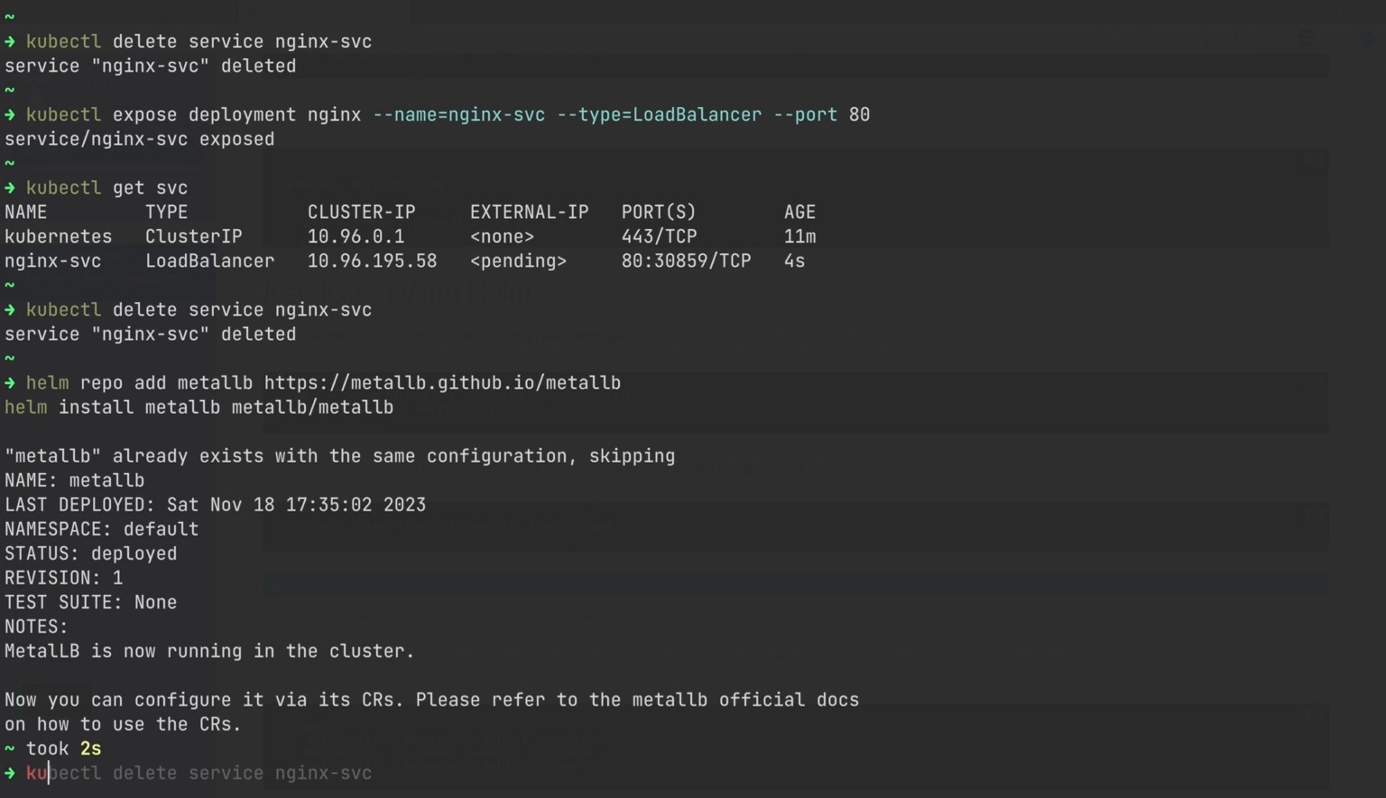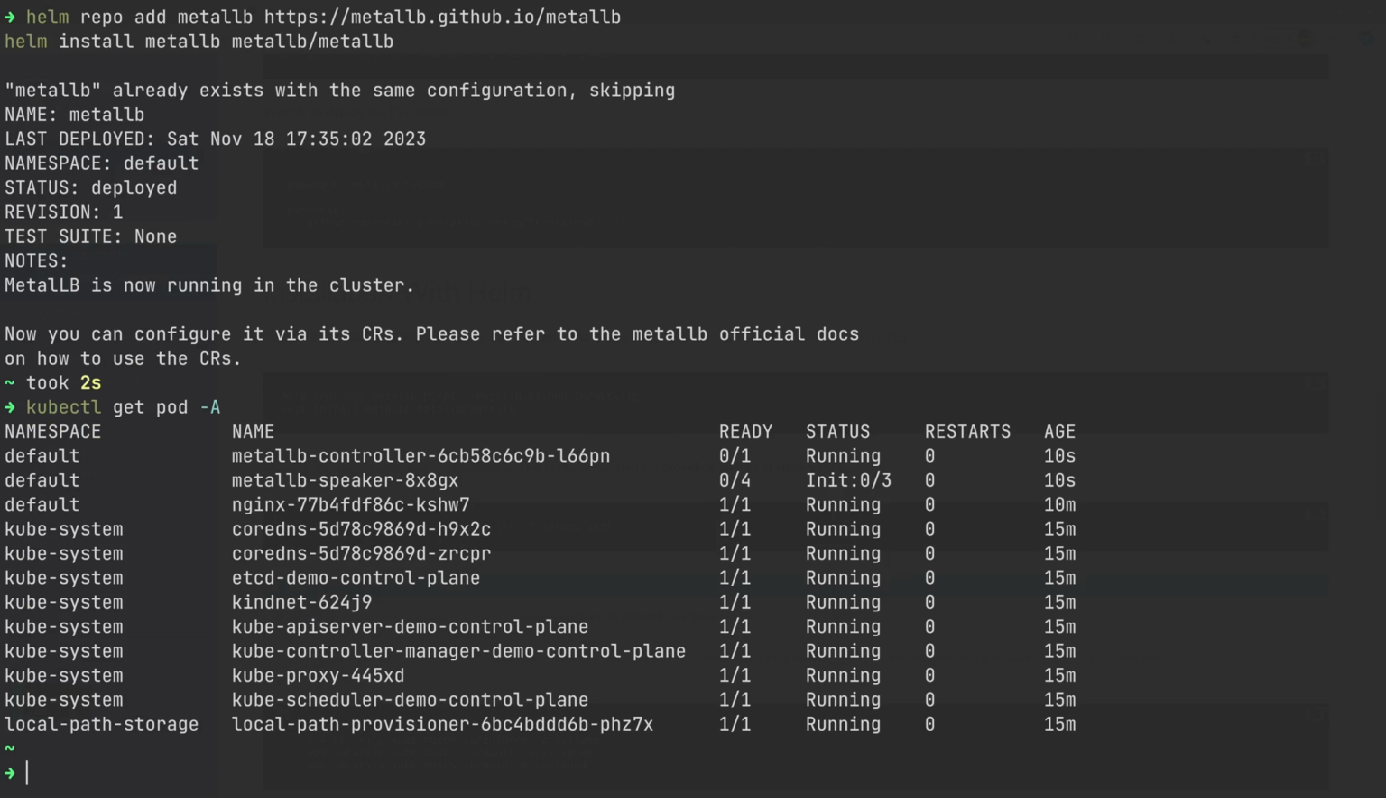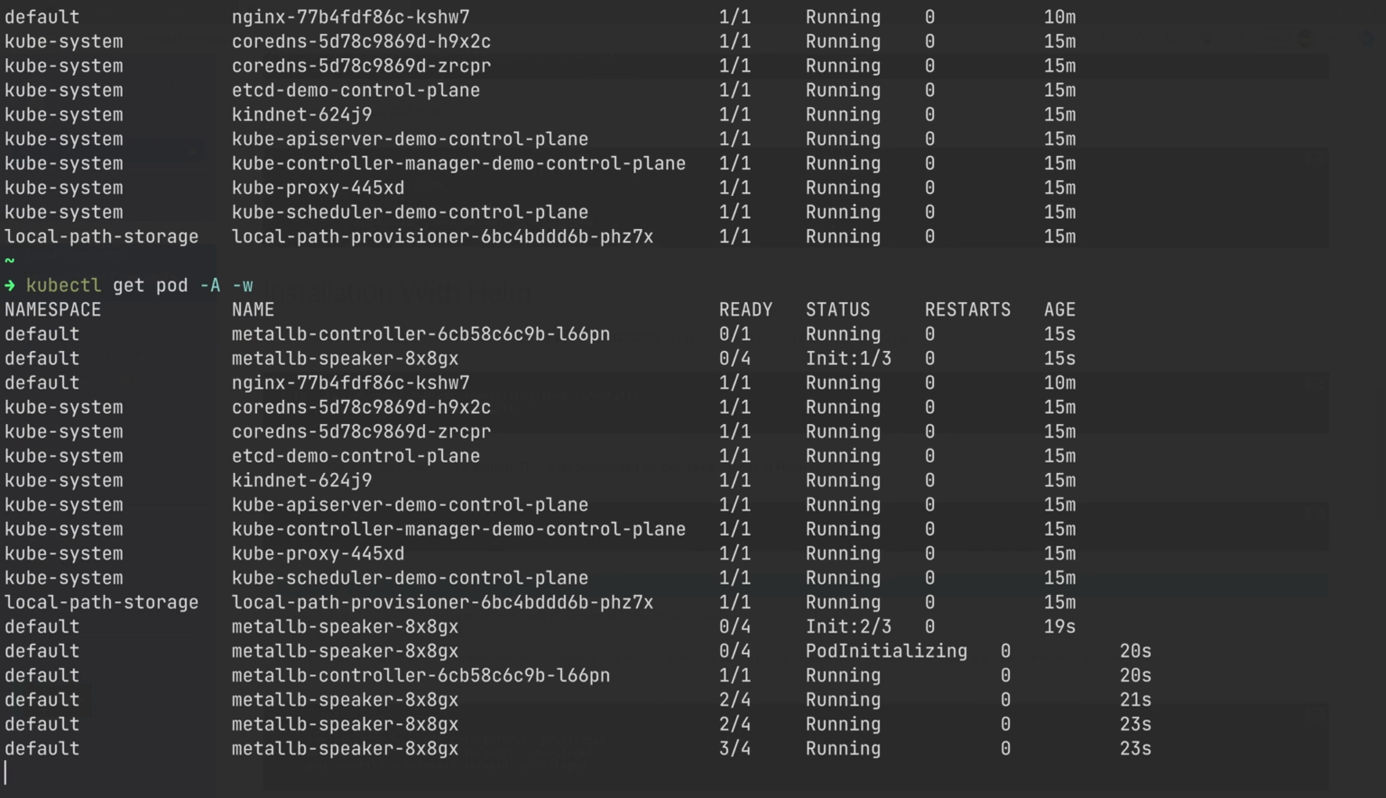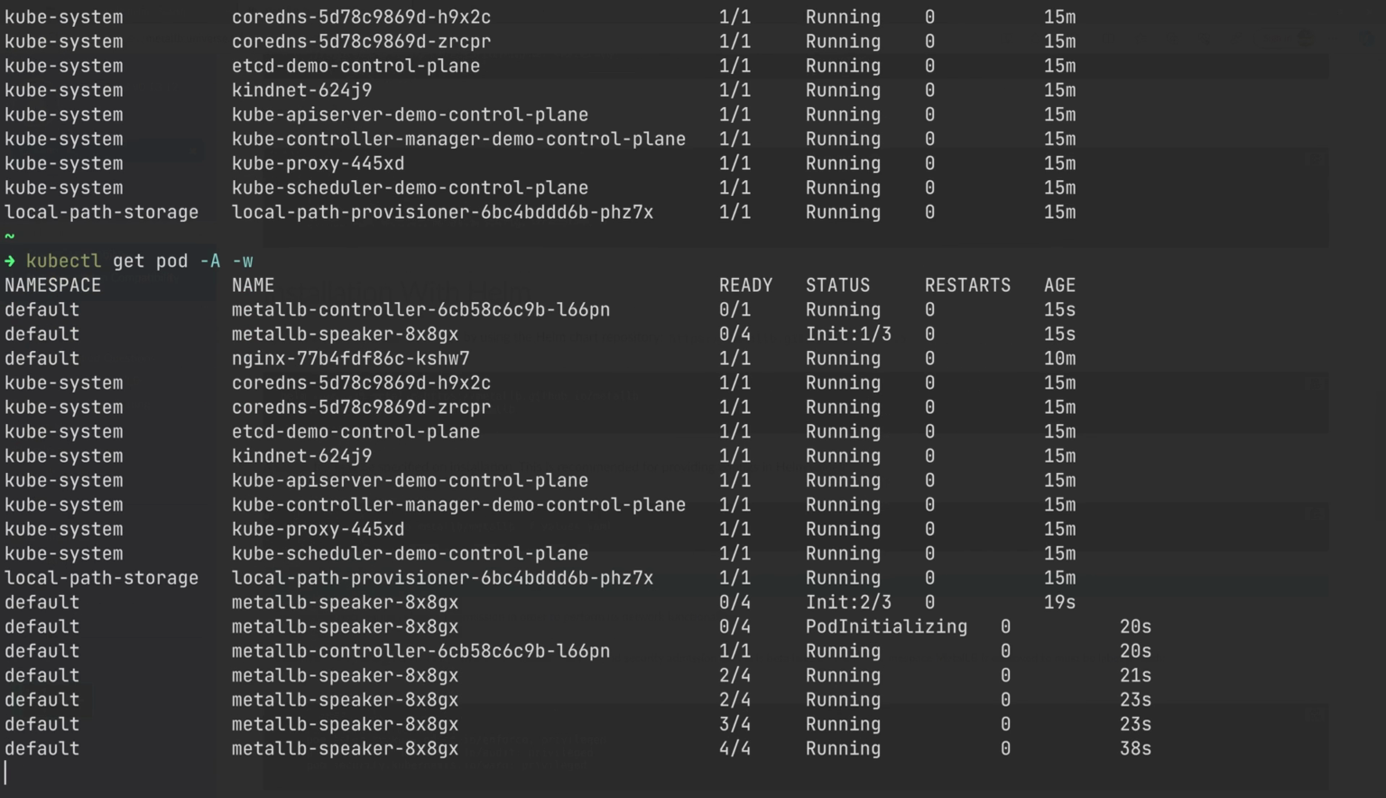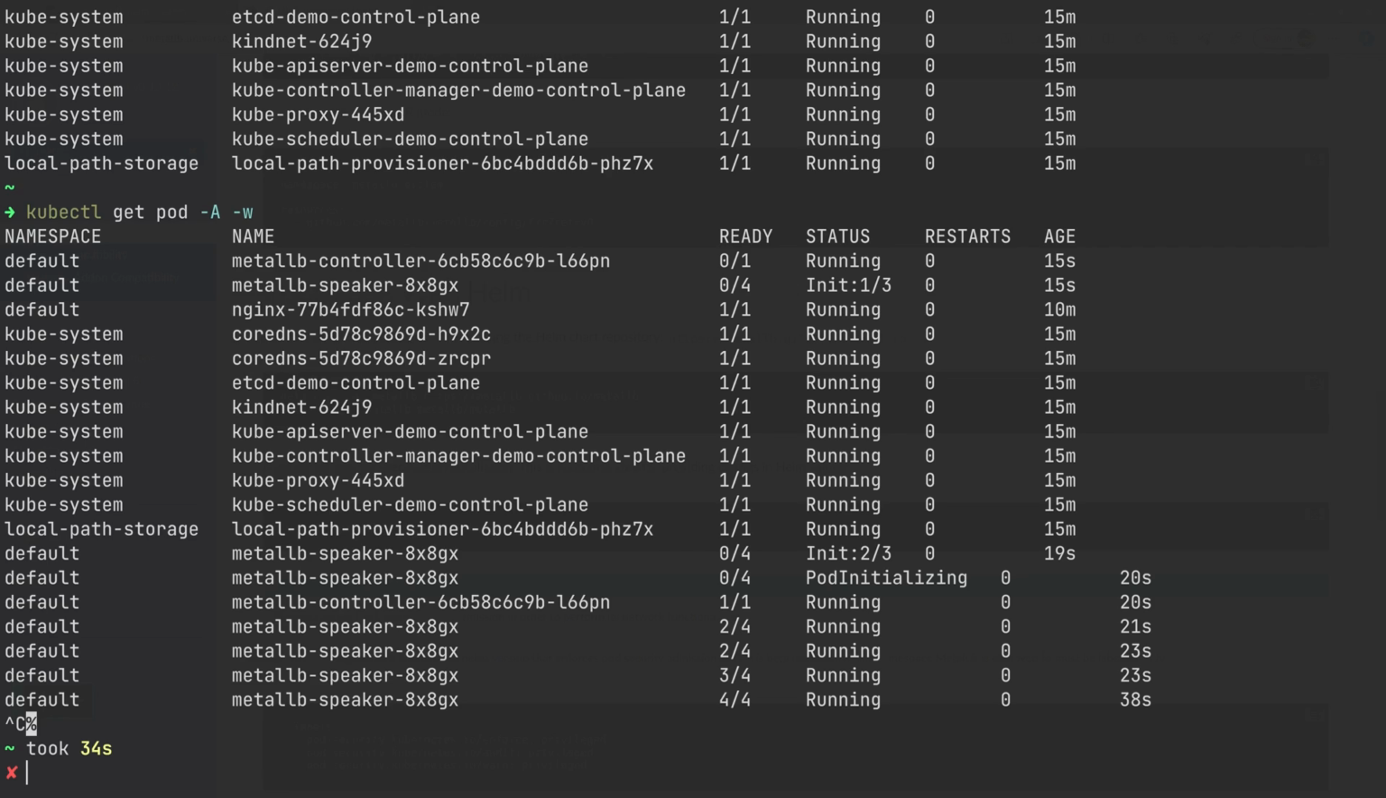Right, so let's just do kubectl get pods, and then watch. So we can see that the pods are created. Now that we have all the pods running, we can start using MetalLB for provisioning an external IP for our